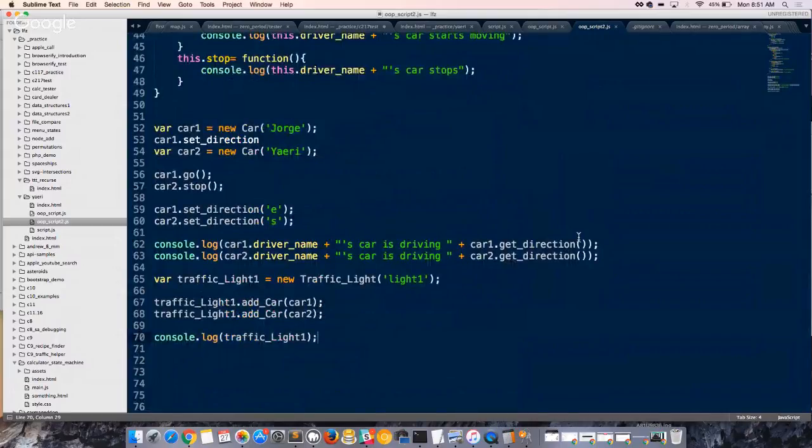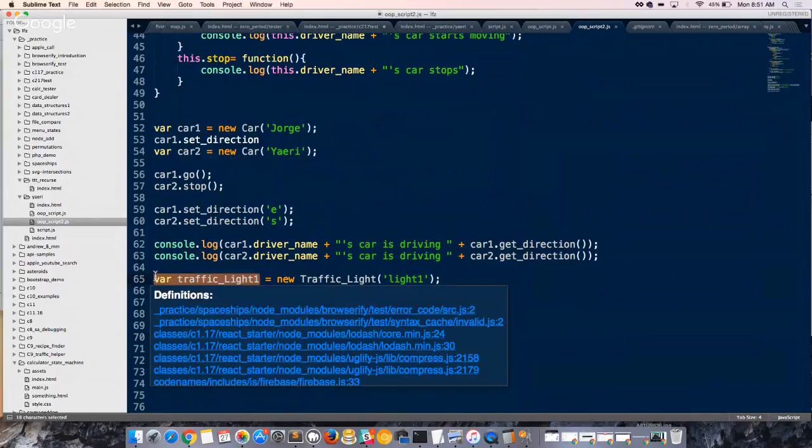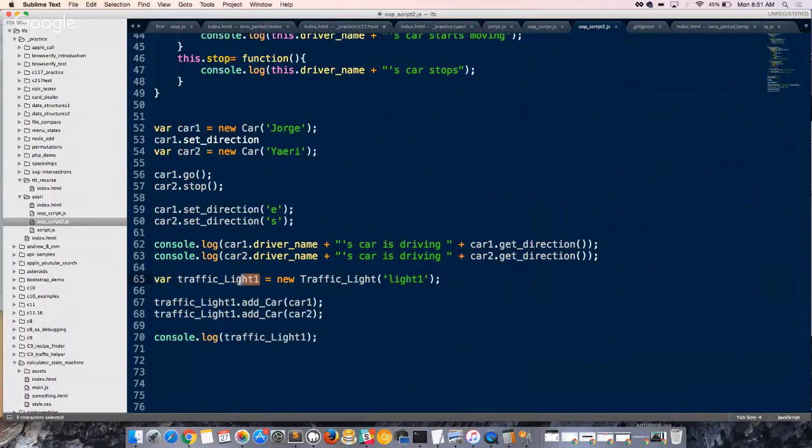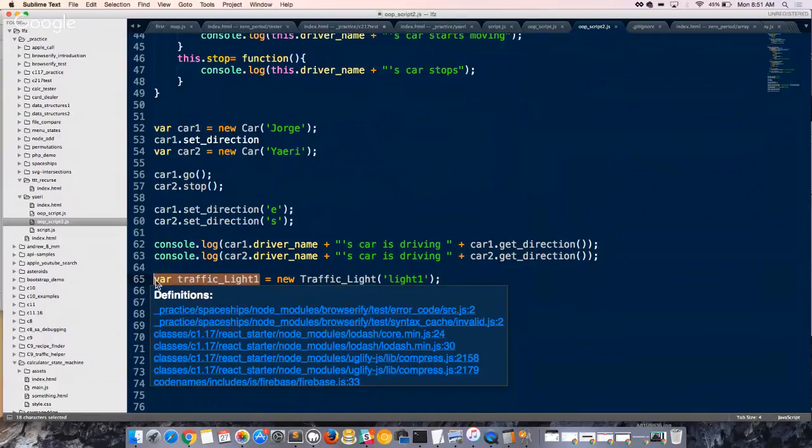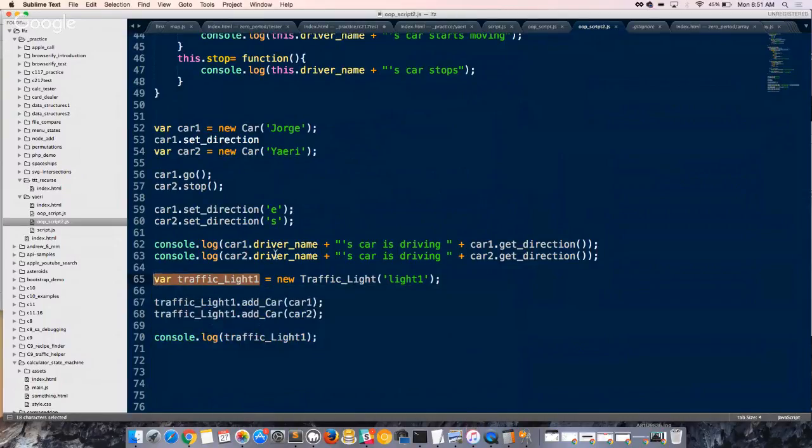So variable traffic light 1 equals new traffic light and then light 1. Can you explain that line for me real quick? What is this part doing? That's just creating a variable. What type of variable? An object variable. That part is true, but what does this part that I'm highlighting do? It makes a local variable, right? Local var makes a local variable, just to make sure we're